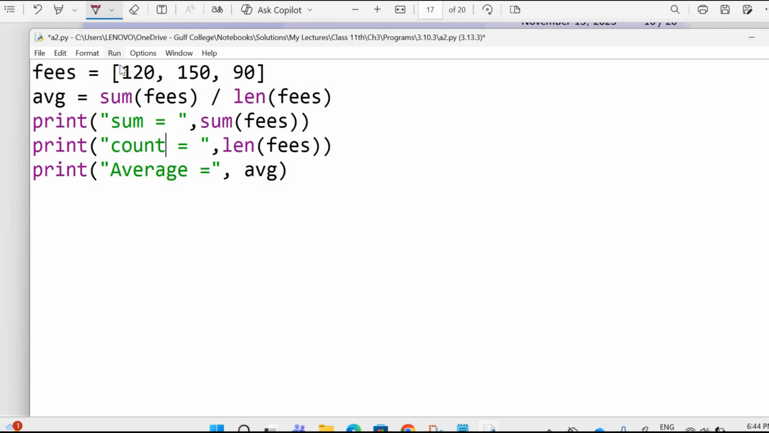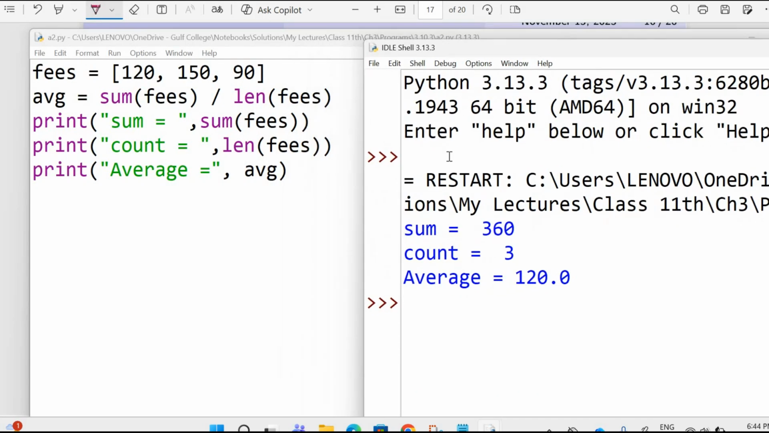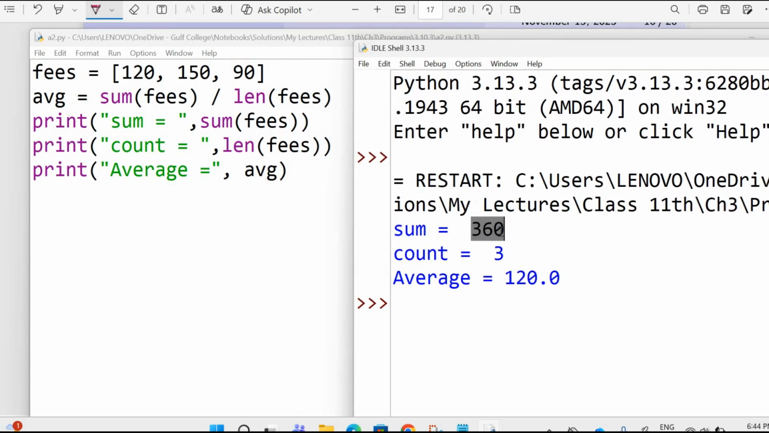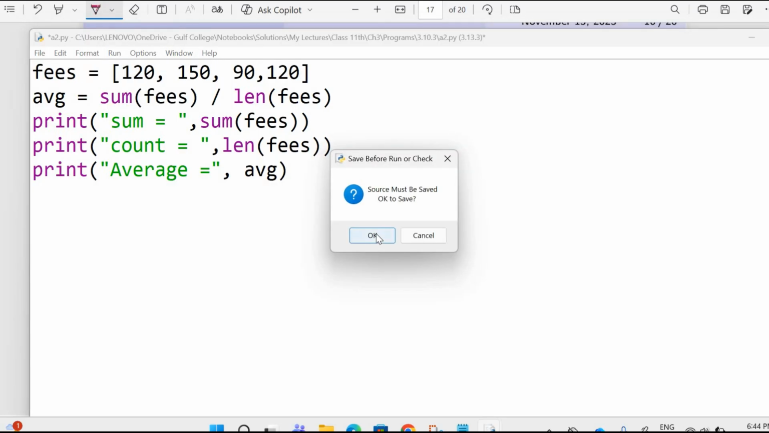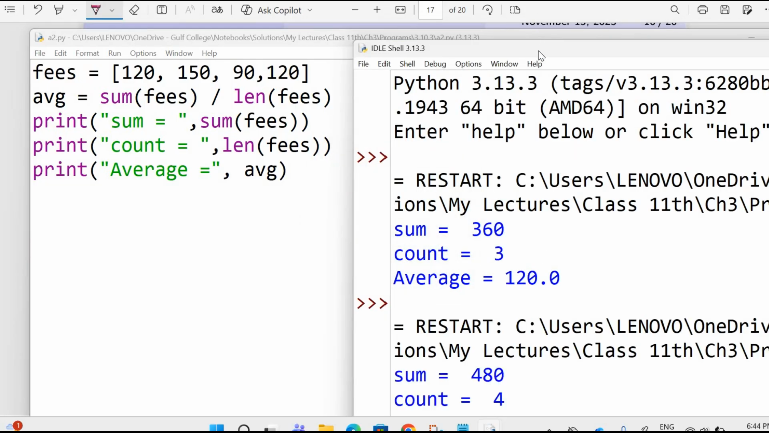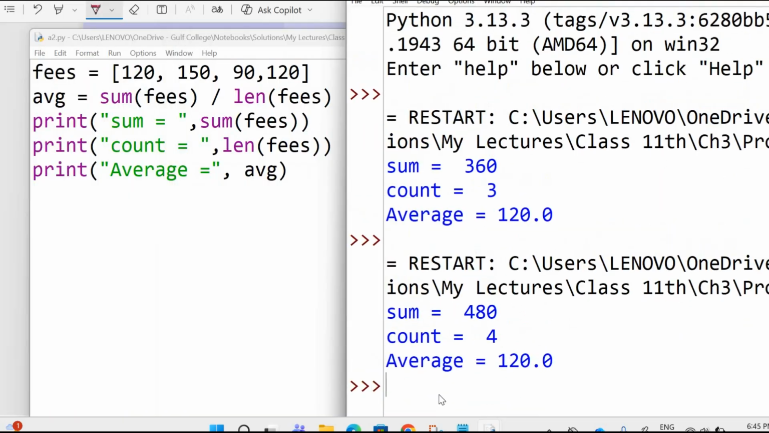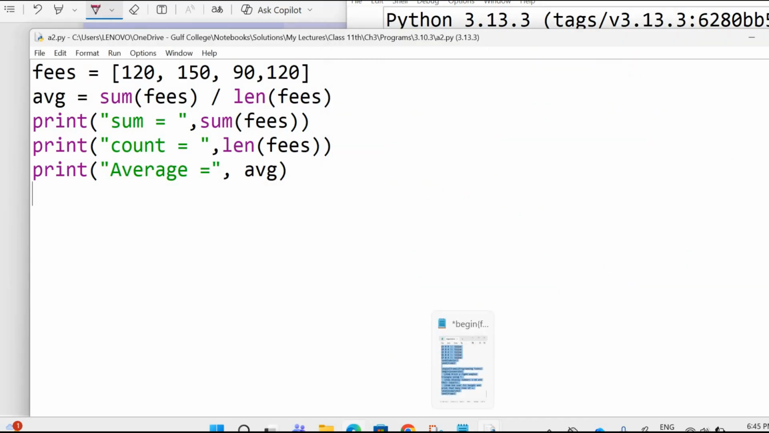When you run the program, it will display, see, sum equal to 360, count equal to 3 and average equal to 120. If you add another 120, run the program, it will change automatically. Sum equal to 480, count equal to 4 and average is 120. Okay. Next program is,